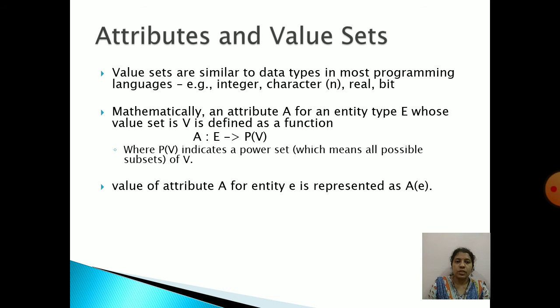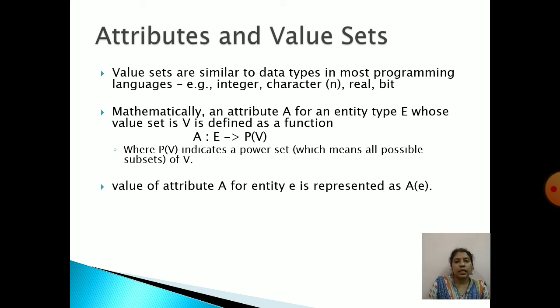These value sets are similar to data types in most programming languages. As I said, it can be a set of integers, a set of characters, or real numbers, or the bit 0 or 1. Like that it will be defined as a data type, the normal data type.